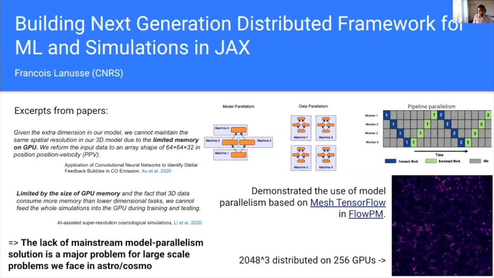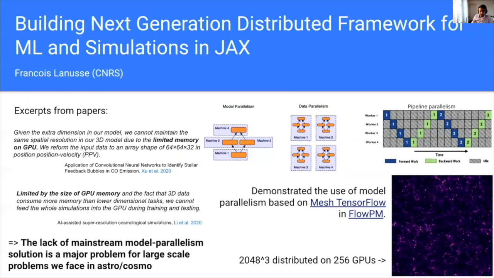They're limited by the amount of space they have on a GPU. And then to process large scale data, they need to find ways to split the things in pieces. And that's a big pain. So we have a general lack of mainstream model parallelism frameworks that we can use for scaling up machine learning to the very large data sets that we want to work with and that we've talked about here in this conference.